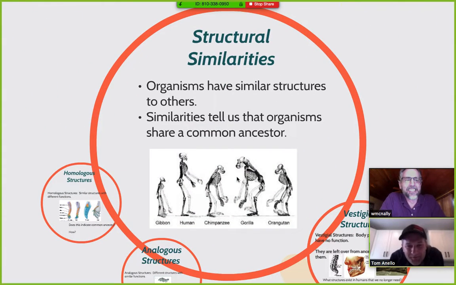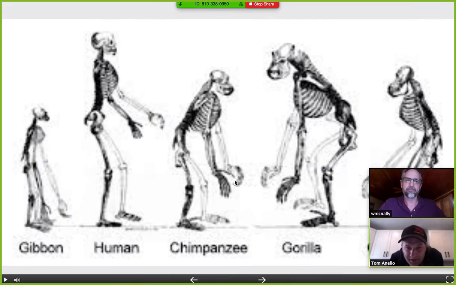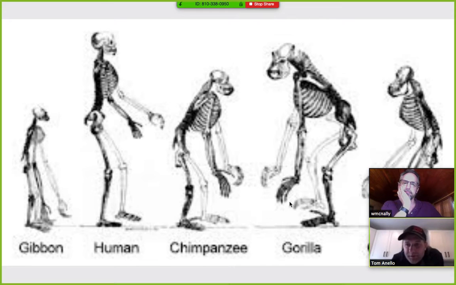All right. So if you look at these pictures of all these apes here, and we're included in there, the gibbon, the human, the chimpanzee, the gorilla, and the orangutan. We've talked about this before in class, how we're closely related, but you can see that's supported by the similarities that you see in our structures there. The skeletons of all five of these creatures are very similar, probably more similar than they are different,